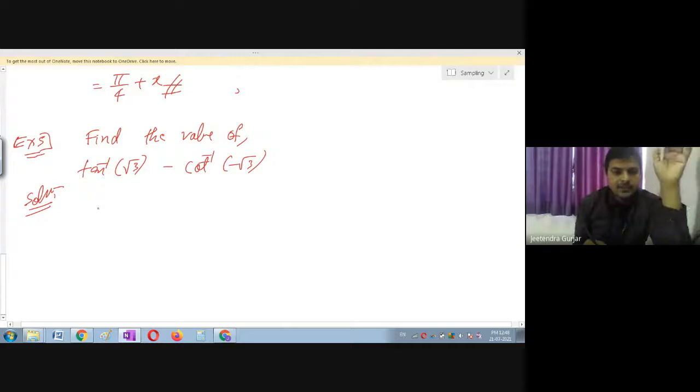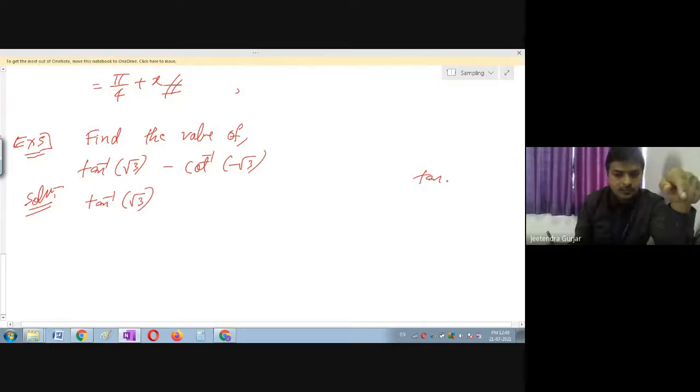Easily you should be able to understand now, friends. See, whenever they have given minus root 3 as the angle, minus is very, very important, very tricky. They are asking this type of example every time. So now you can just simplify. Take down the question, frame the question in the simplest way. So tan inverse root 3, you can easily see